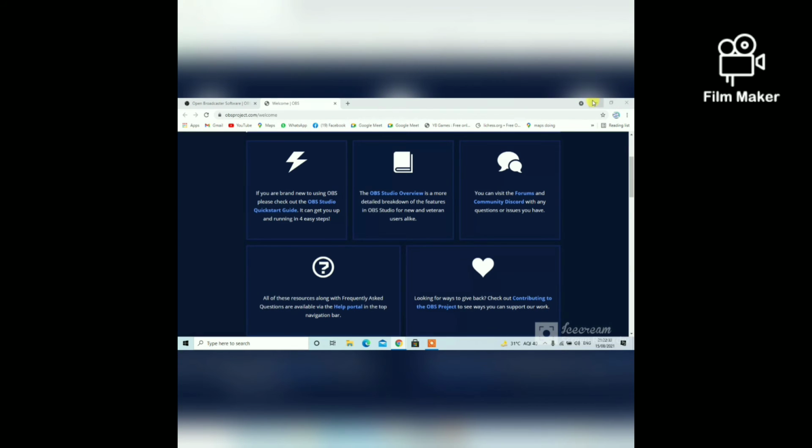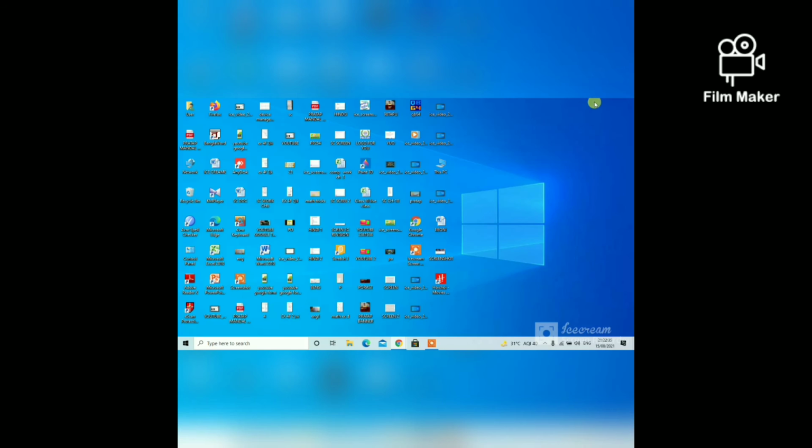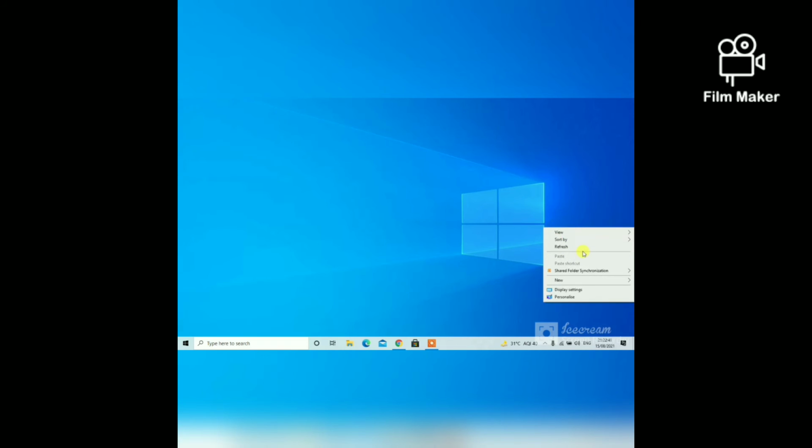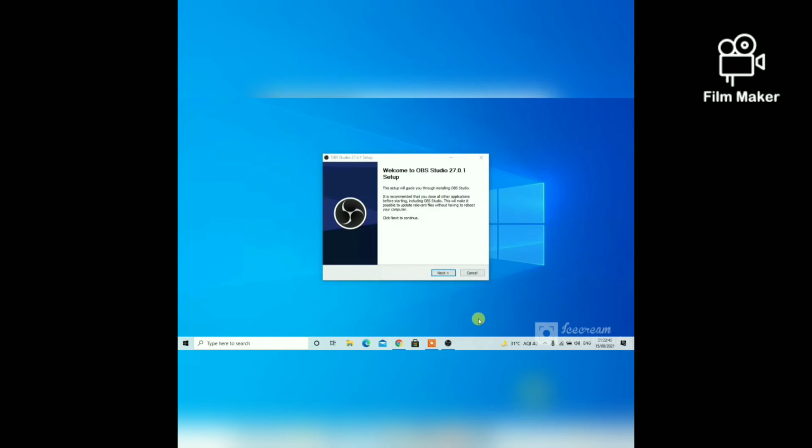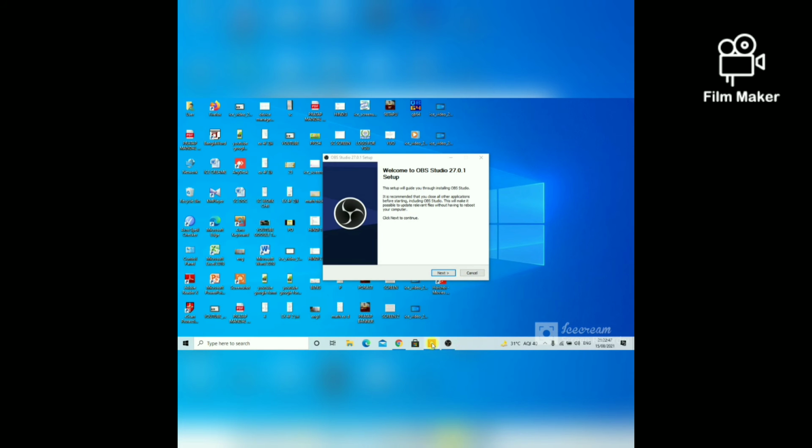You need to minimize it or you can close it. I am minimizing it. Then it will refresh and verify the resources, and it will show an interface like this.